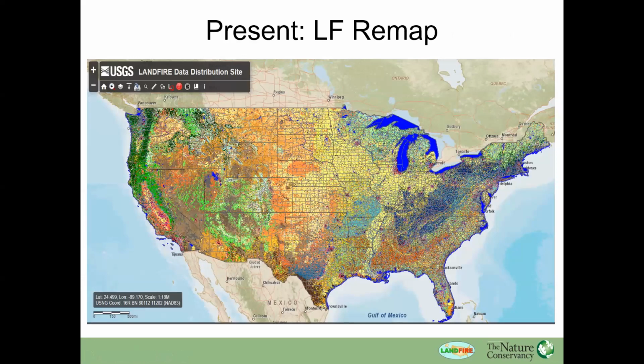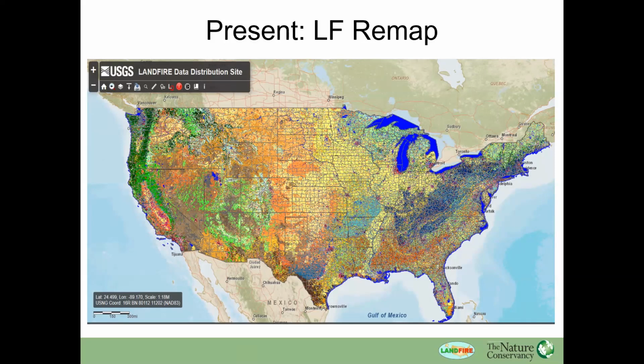So where are we now? Well, Remap for CONUS and Hawaii is complete. All products for those two geographies are now publicly available. Alaska and the insular island territories are underway. And if you don't know what those are: American Samoa, Guam, Puerto Rico, Virgin Islands. So there are a few islands that we're also required to produce products for. So CONUS and Hawaii are complete.